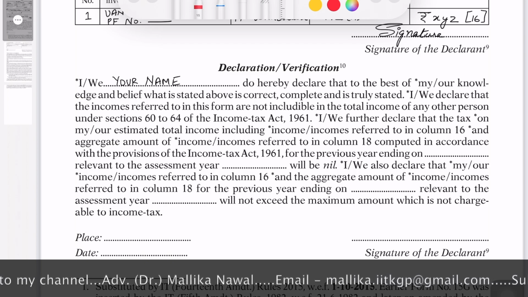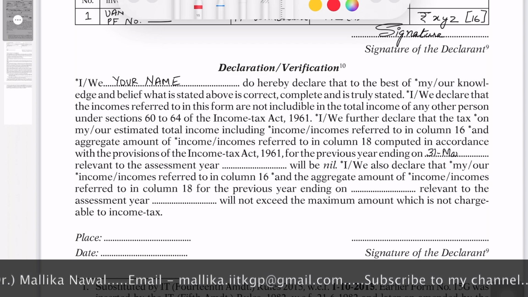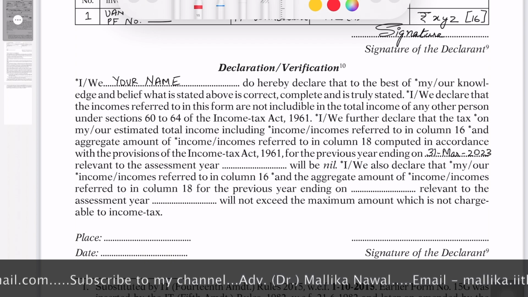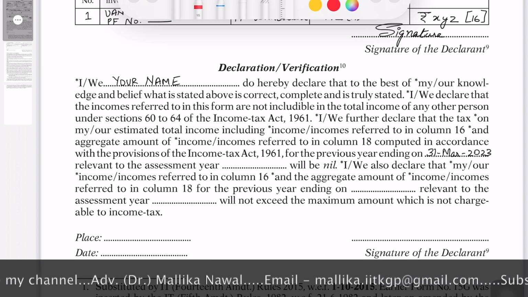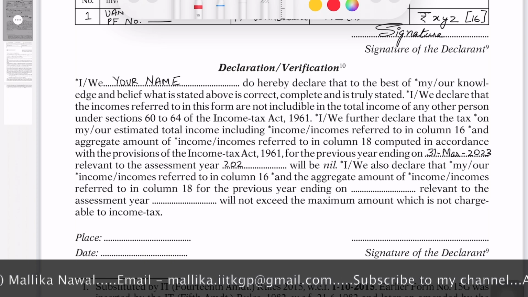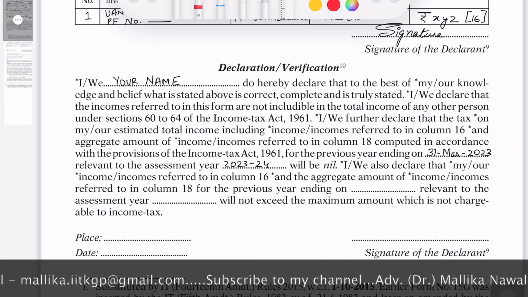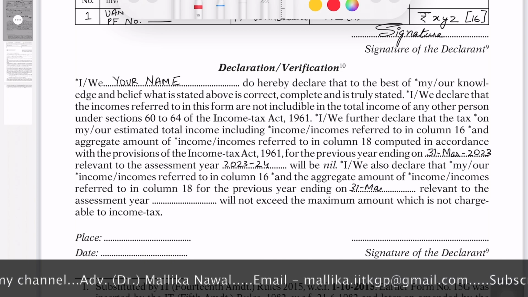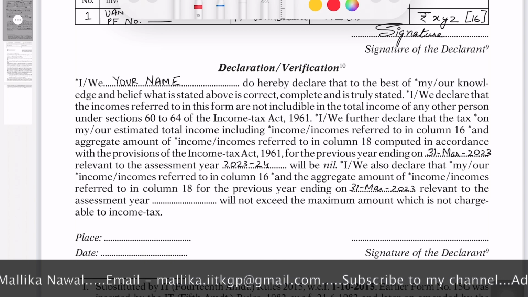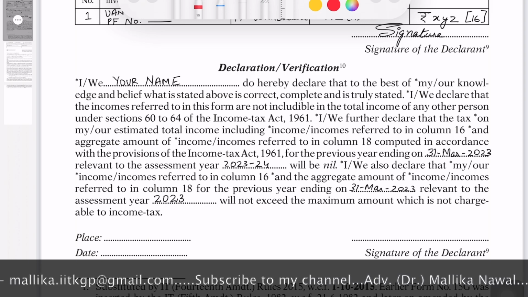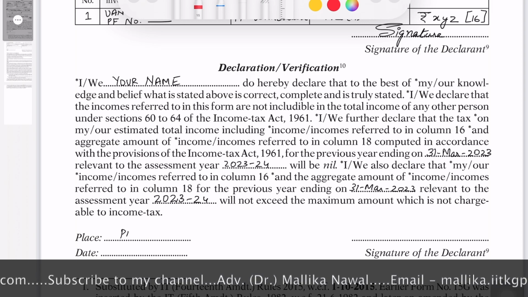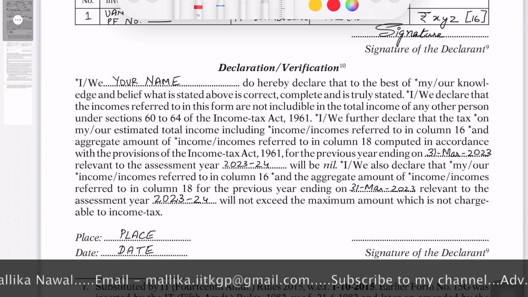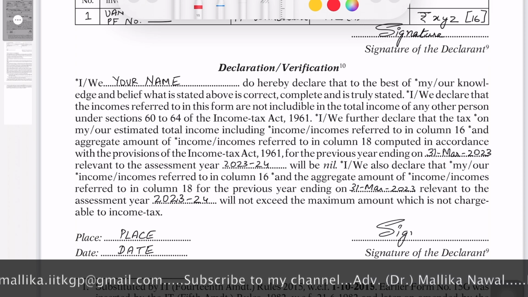The previous year is ending on 31st March 2023. So this particular financial year is going to come to an end next year, 31st March 2023. And therefore, the assessment year is going to become 23-24. Similarly, again, the previous year ending on becomes 31st March 2023. And the assessment year is going to become 2023-24. You then write the place wherever you are located, the date, put one final signature here, and that's it,